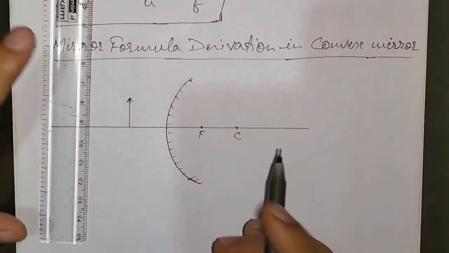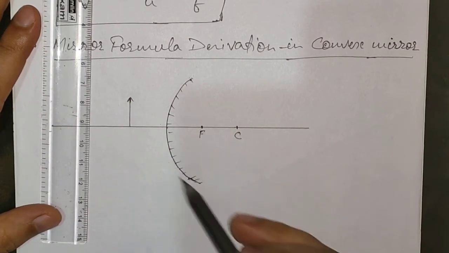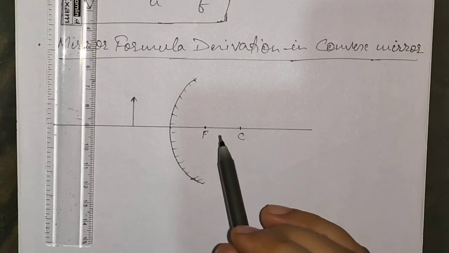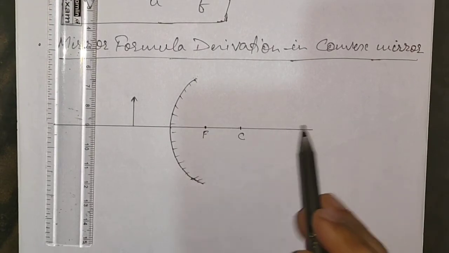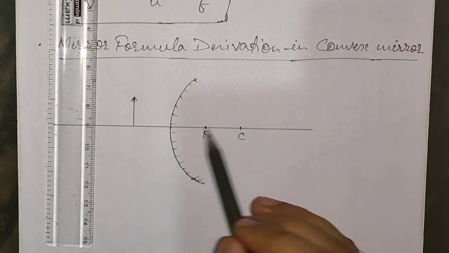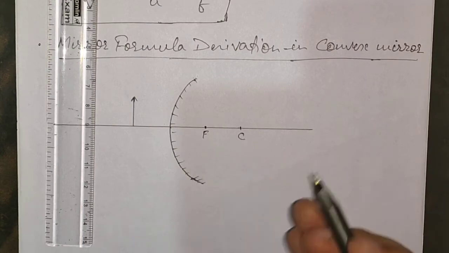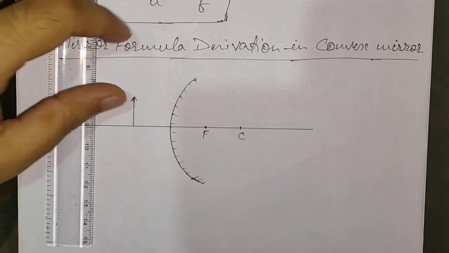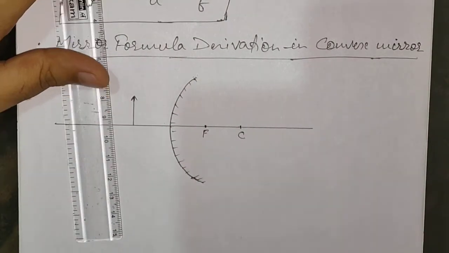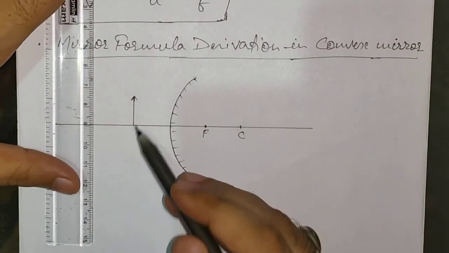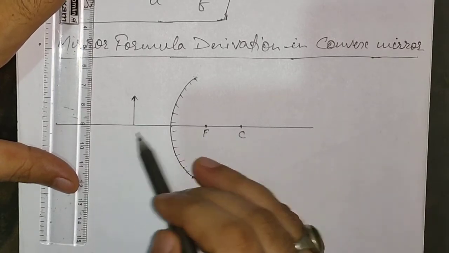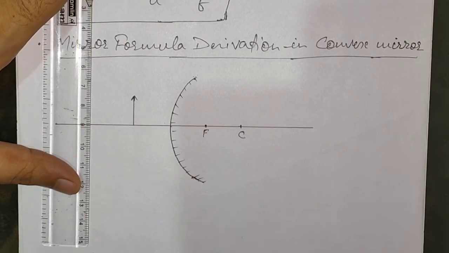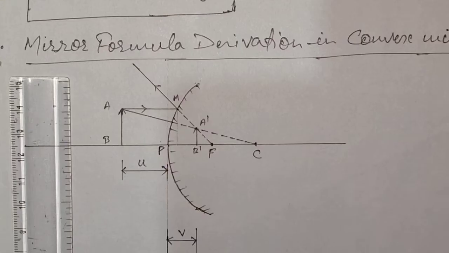Here it looks like we have taken them approximately of the same dimension, but actually it is not like that. The scenario is different: the radius of curvature must be very much greater than the aperture, so we are going to take only the smallest portion. Now I am drawing the remaining diagram for you. This is the object that we have taken, and now we will take out the rays from this object and complete our ray diagram first.